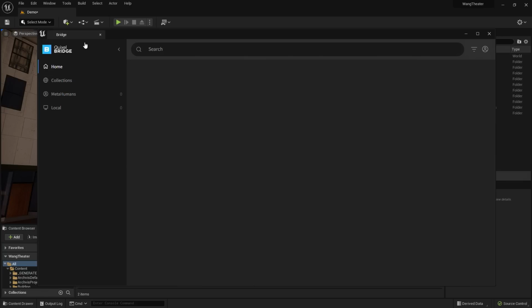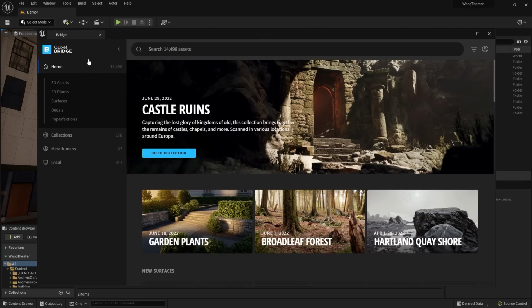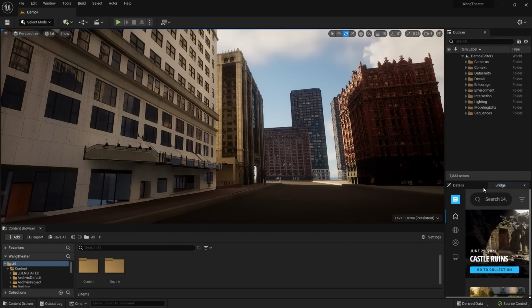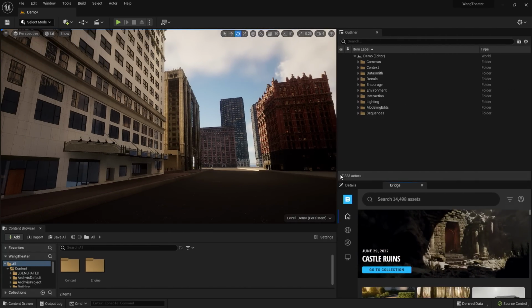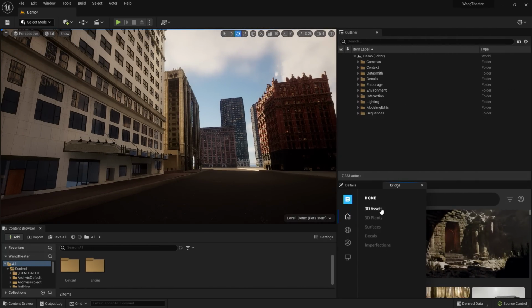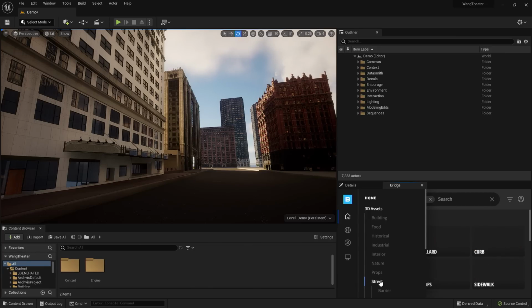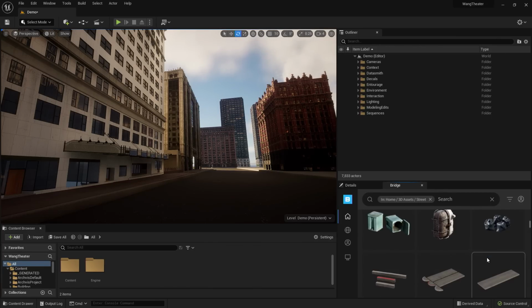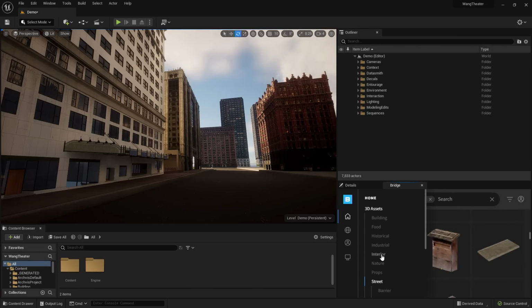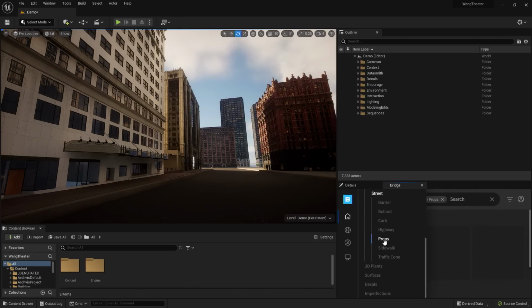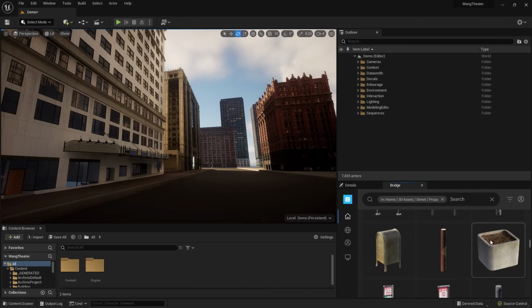So with your Epic Games account, you'll be able to go up to this Get Content button, go down to Quixel Bridge, and you'll notice that a window pops up that has 3D assets, plants, surfaces, and more. Now, what's new with Unreal Engine 5 is that you're able to dock this inside of your window and bring assets into your project from here. So I'll make this a little bit bigger. I'm going to go to the 3D assets. I'll go down to street, and I'll take a look here. I'll go further to find that and say I'm looking for some props.